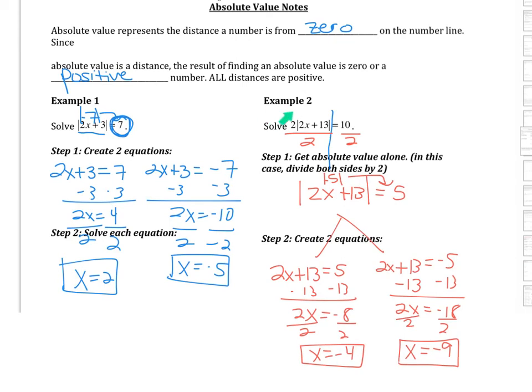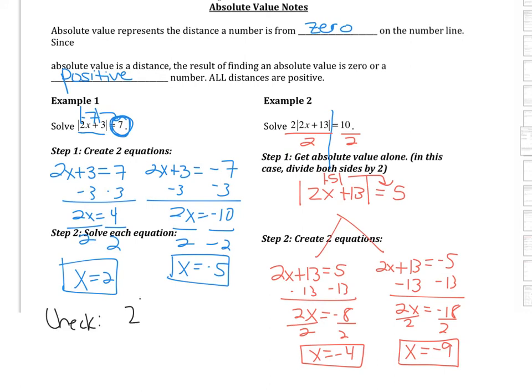You want to get rid of anything outside the absolute value prior to the equal sign. And then once you've gotten rid of that and you just have the absolute value equals, you're going to split into your two cases. And consider that whatever's inside here could be the positive, because the absolute value of a positive is positive, or it could be equal to the negative, because the absolute value of a negative gives you a positive. And you should always take your two answers, plug them back in, and make sure that they really work out. So if we do that quickly for the second one,